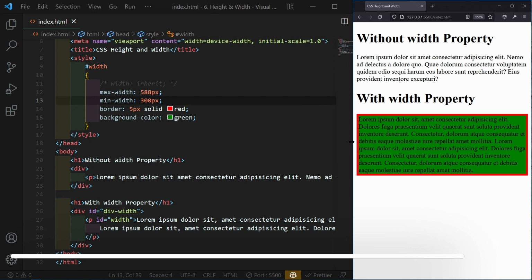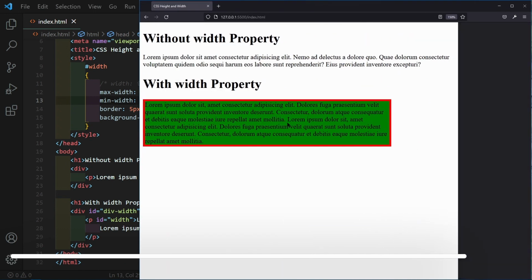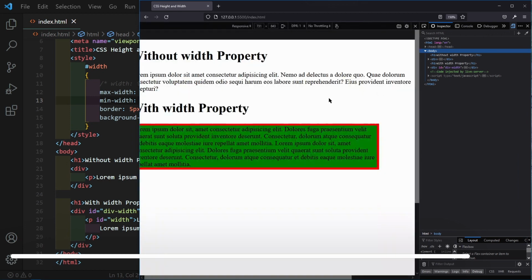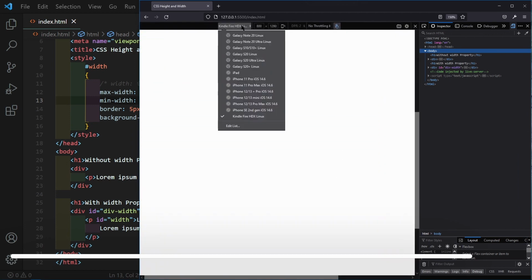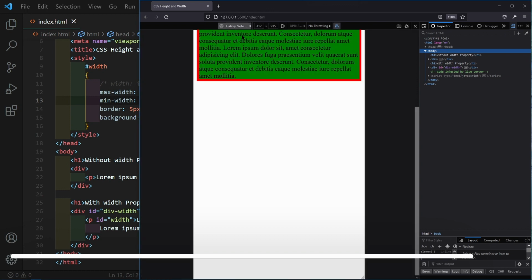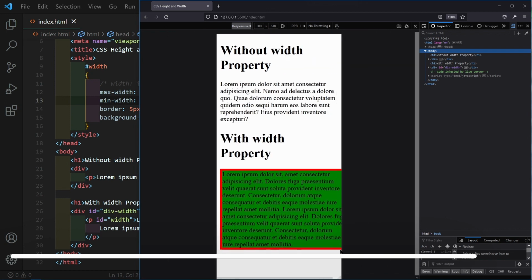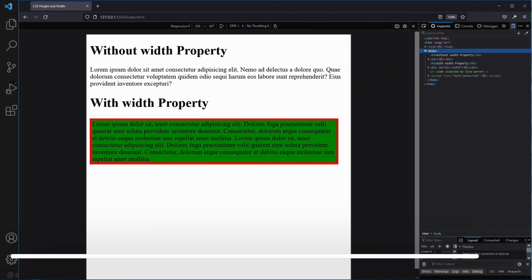So I just have to increase the browser window like this and press F12. Click on that device. Okay, after that, let's increase a little bit more.